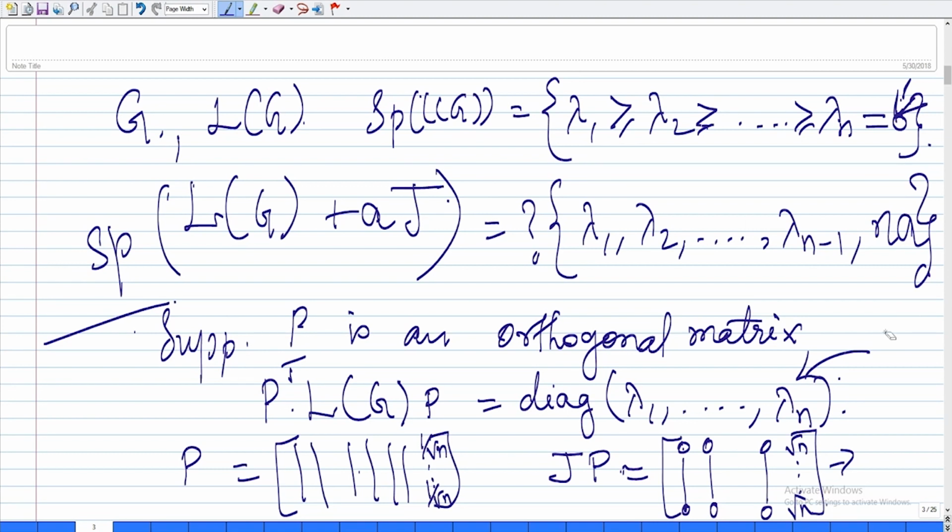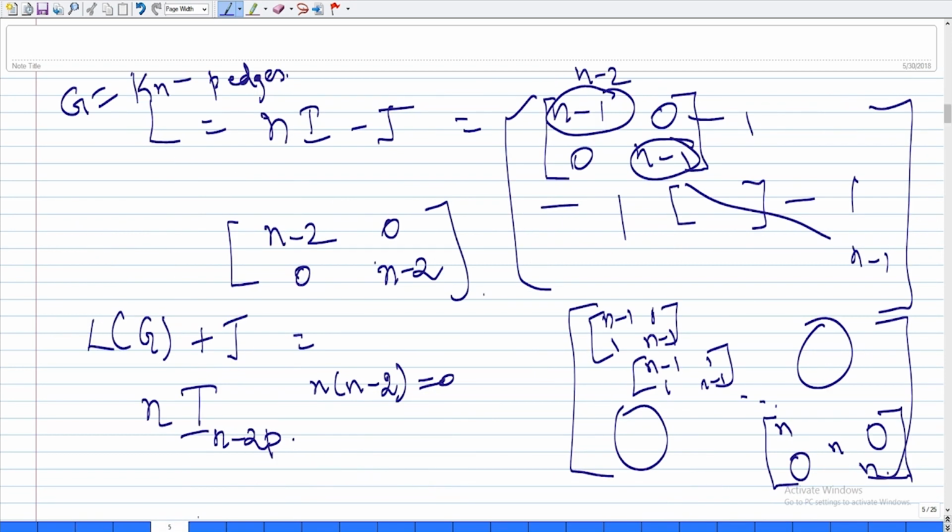So, if I just carry it over there, what do I get? So, now we have to look into the L of G properly, right. My L of G was at the beginning, where are we standing actually? You should just tell me there. Okay, I will give you the answer, you can think about this. So, n minus 2 appearing p times and n appearing n minus p times,